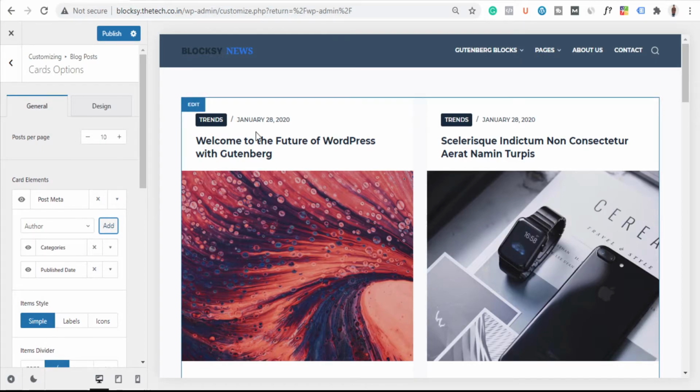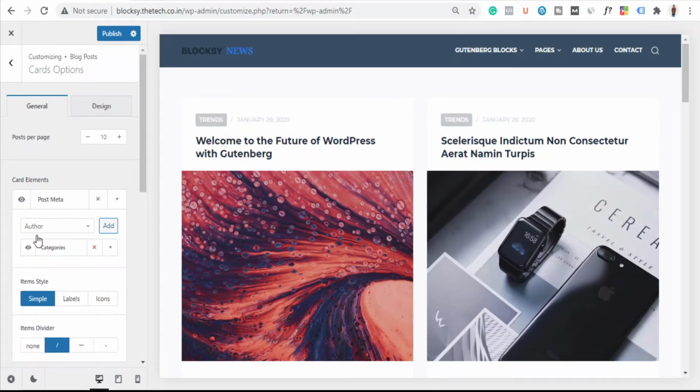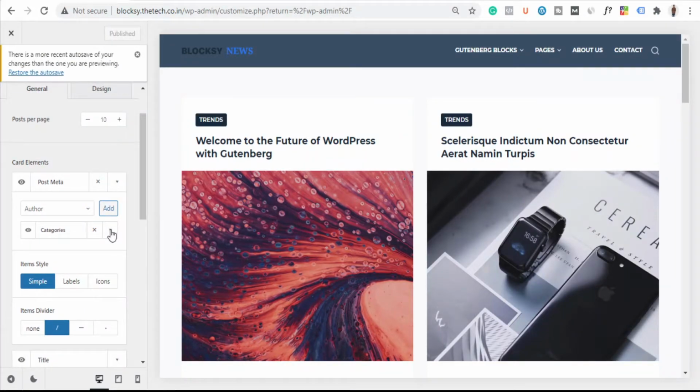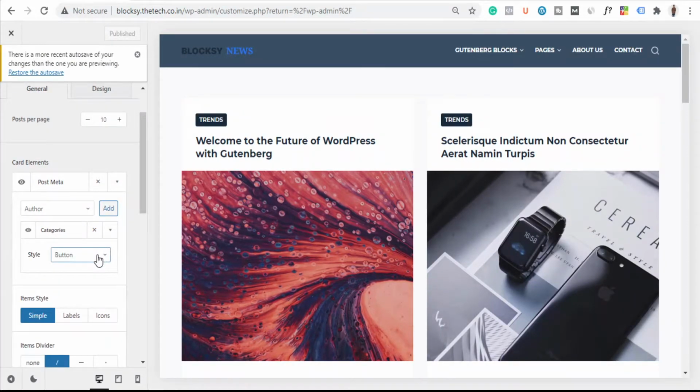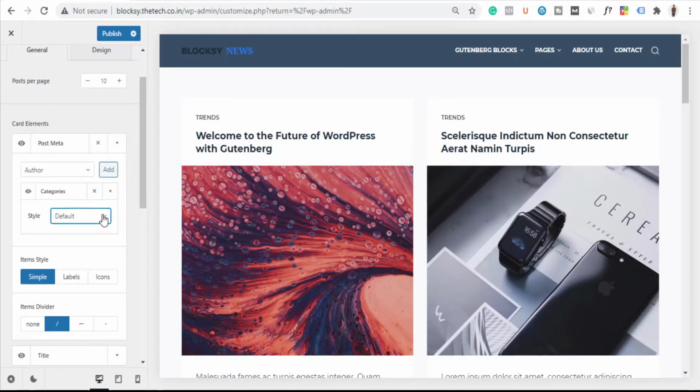For me, I want this category section only, but I don't want this button option. I want something like a text option. So first I will remove this publish date option here, and then in the category part I will click on this drop down option, and instead of button I'll choose default, or I can choose the underline option as well.